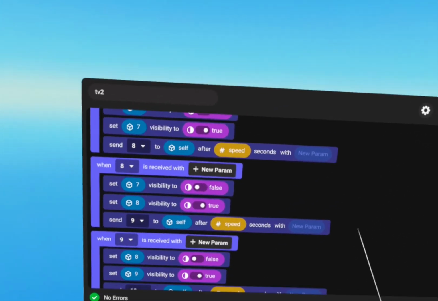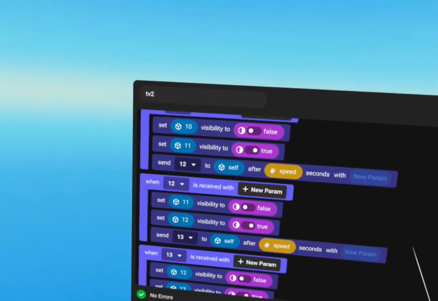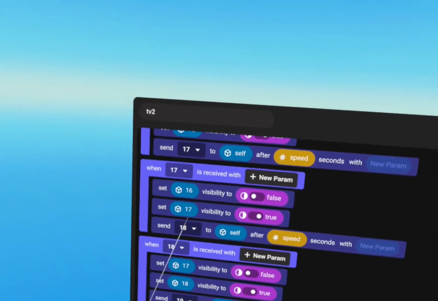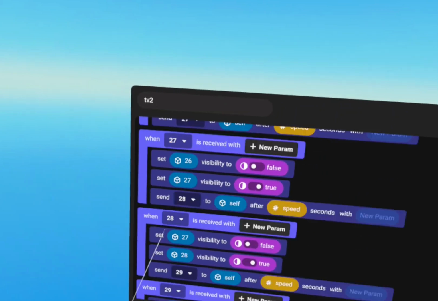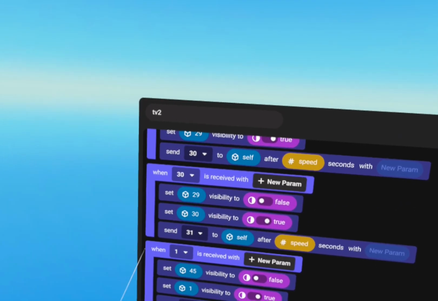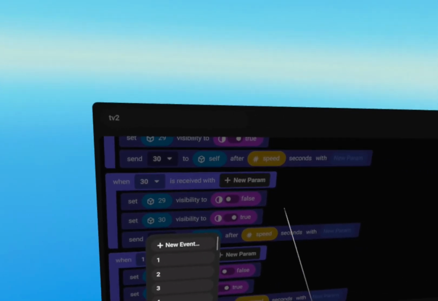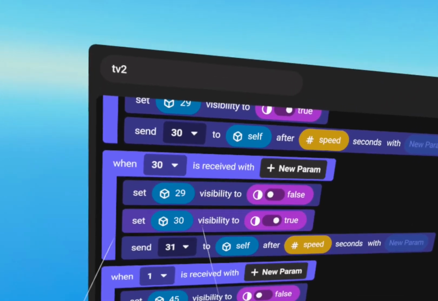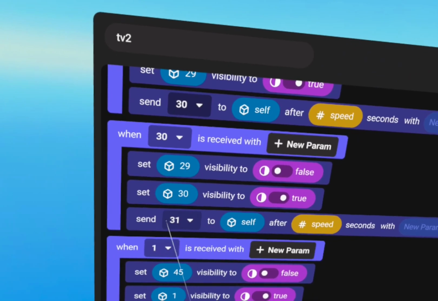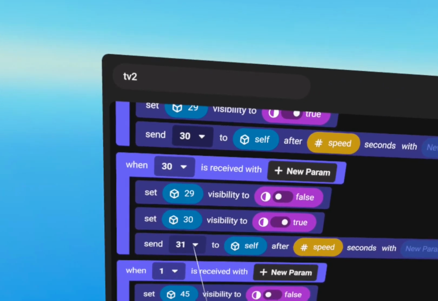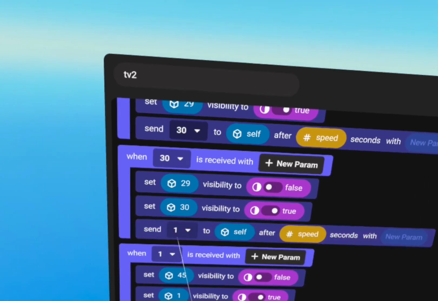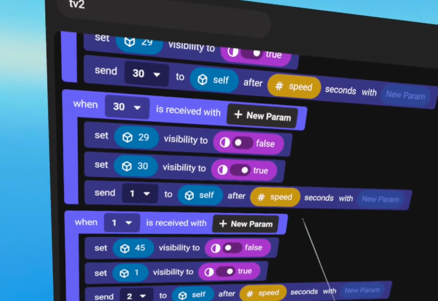Alright guys, so I got all my events here. So I got 30 events here. So we got all the way down to 30. So for the last one, guys, we're gonna do our last one. So 30, set visibility to 30 to true, and then for our last event, we're gonna send event number 1 again to self,